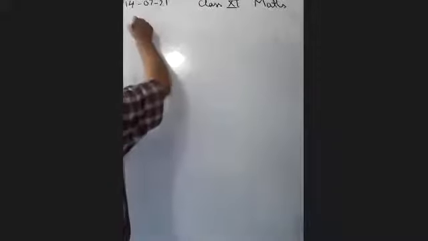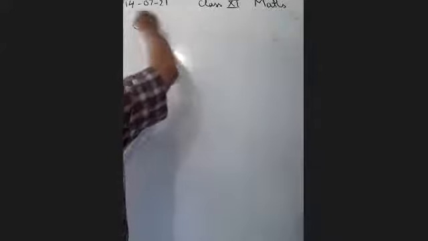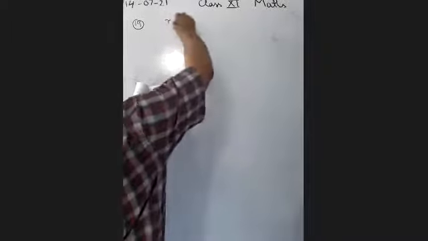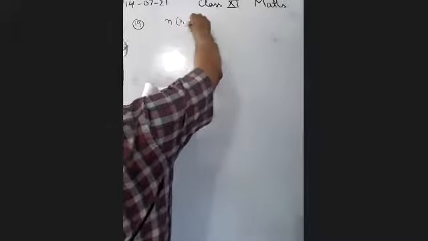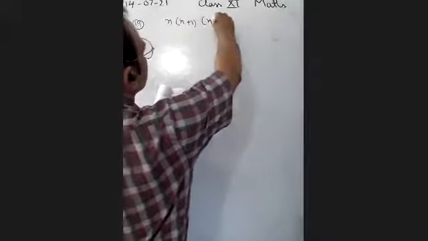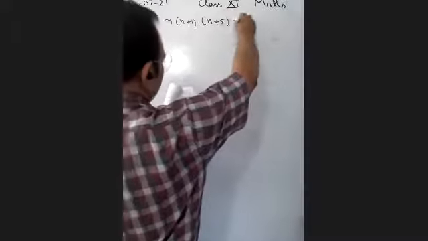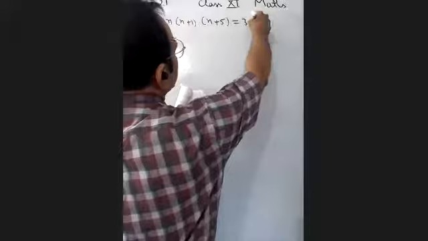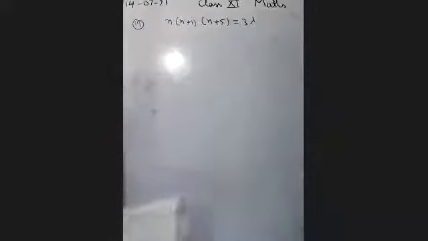देखो बेटा, last 19th question है, ये question मैं और बता रहा हूँ आपको. 19: n(n + 1)(n + 5) is a multiple of 3, यानी कि it must be in the form of 3 lambda. This we have to prove. So it must be in the form of 3 lambda.